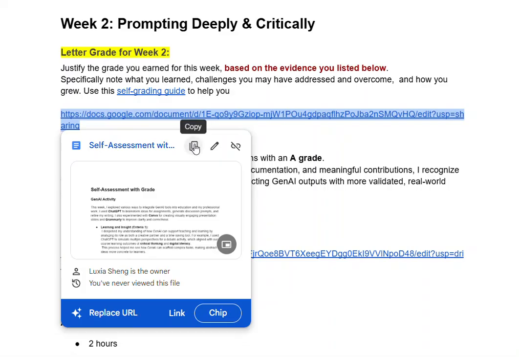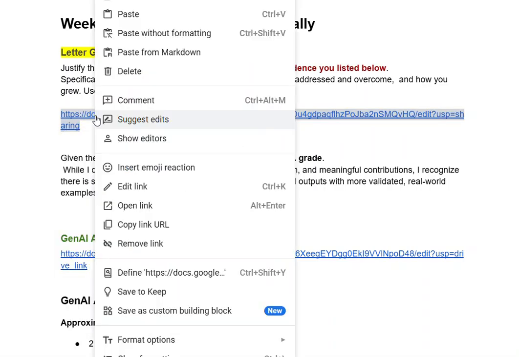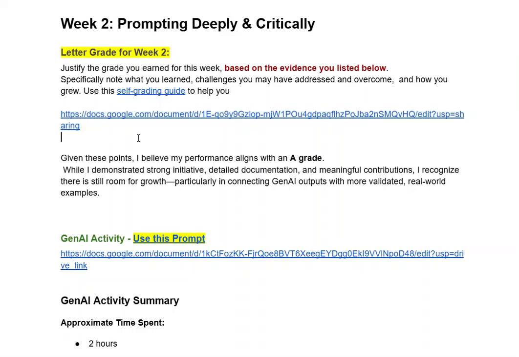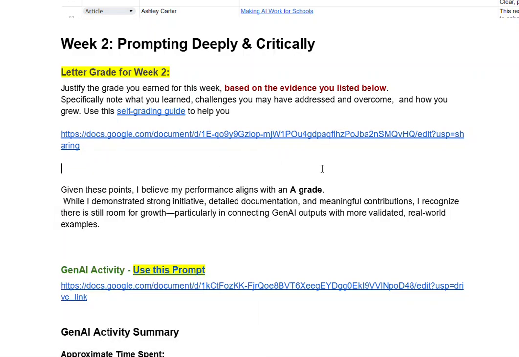I'm going to actually copy this, or you could right-click. So I'm just going to right-click, and I'm looking for copy link. And then I'm going to put in a nice label here, like, what is this? This is self-assessment.